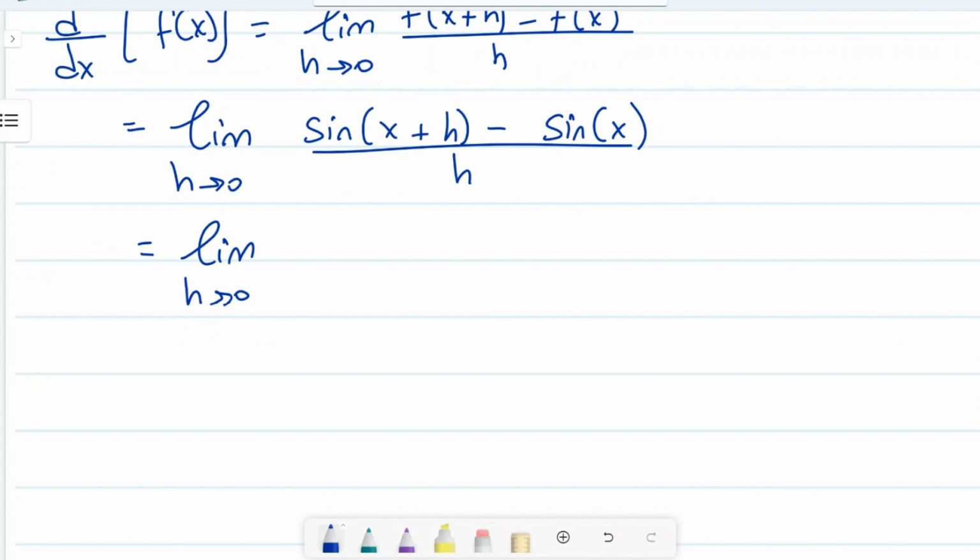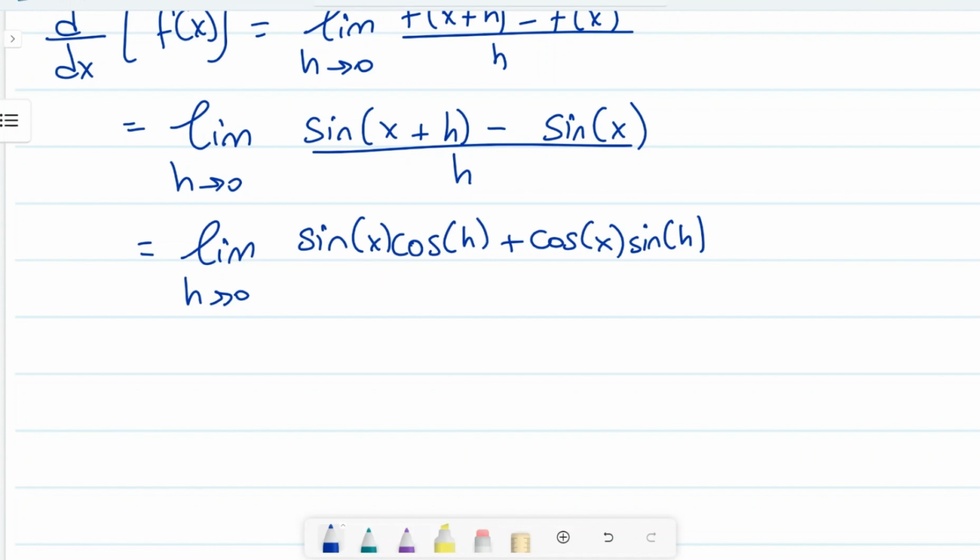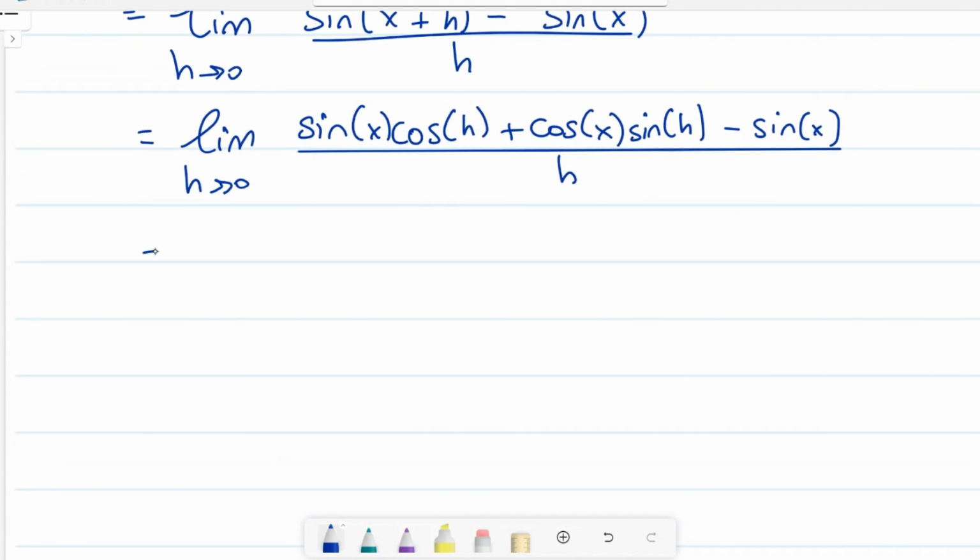Now, you might remember from a property earlier that sine of x plus h is sine of x times cos of h plus cos of x times sine of h, and then we keep the minus sine x. Again, if you're confused by what I just did, feel free to watch a previous video in chapter 1 about trigonometric identities. And here, limit as h approaches 0,